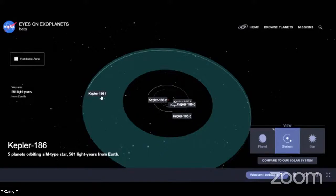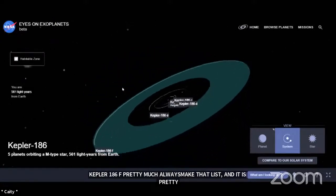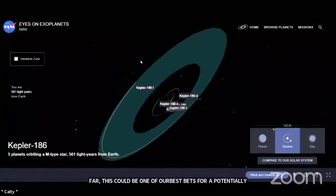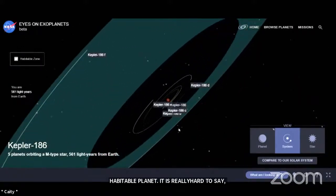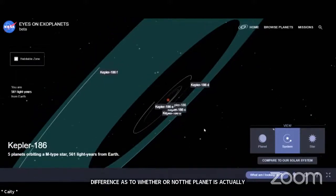We think of the planets we've discovered so far, this could be one of our best bets for a potentially habitable planet. Now, it's really hard to say because one thing we can't tell for sure yet are what the atmospheres of these planets look like. And that makes a huge difference as to whether or not the planet is actually habitable. So those are a few of Kepler's most notable discoveries, a tiny, tiny portion of its huge list of discoveries,